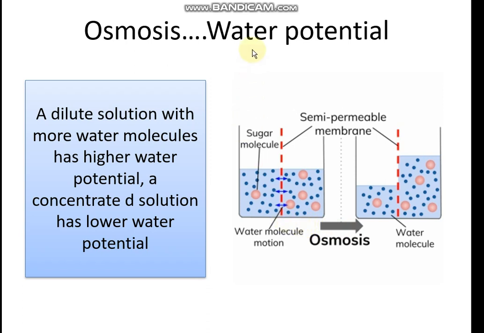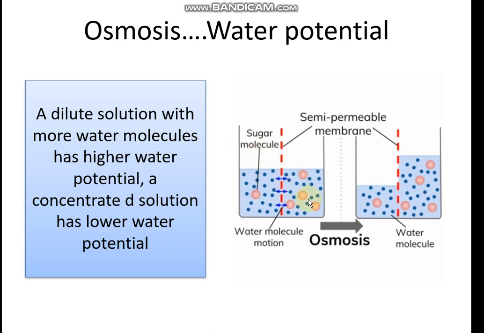In osmosis, we learned the word water potential. Now, what actually is water potential? It refers to the concentration of solute. If there is lesser solute concentration, like in this diagram, we will say the water potential is higher. The blue molecules are representing water molecules, and over here on this side there is more concentration of water molecules. So we say that there is higher water potential as compared to the other side, which has more solute concentration, which over here is a glucose molecule.